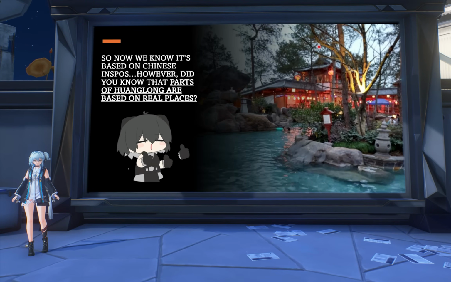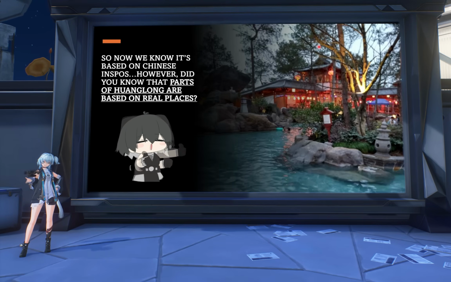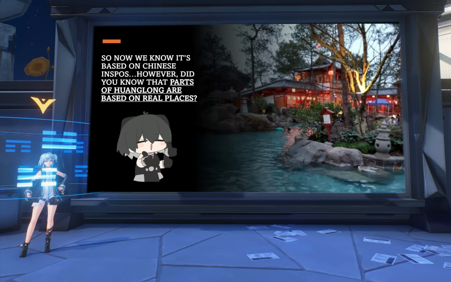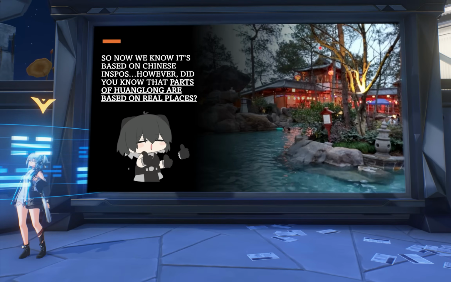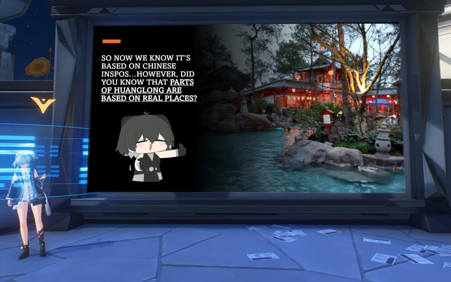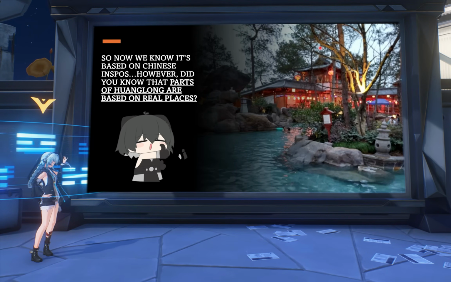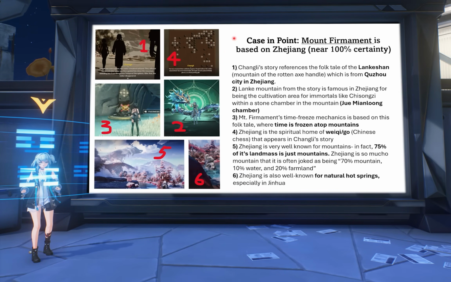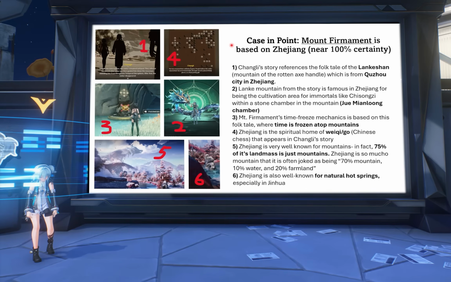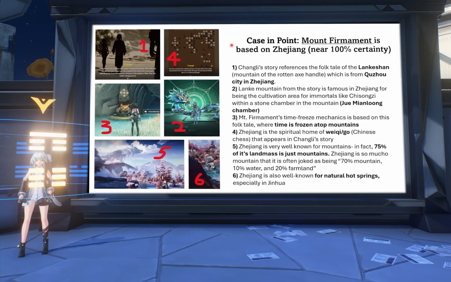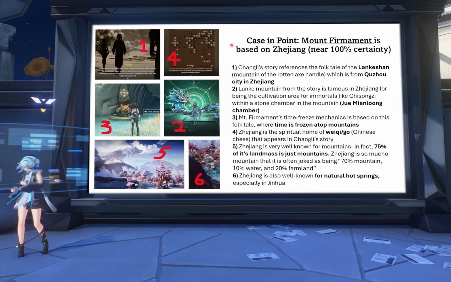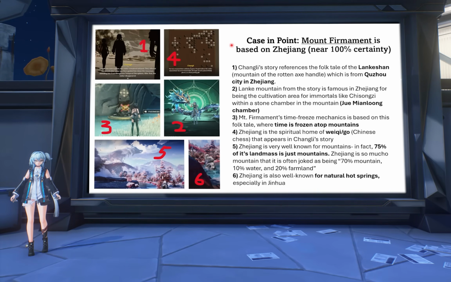but one thing a lot of people don't really understand or know about is that a lot of the regions of Huanglong are also based on real places in China. And the reason why I can make this conclusion in the first place is because we have a place, specifically Mount Firmament, which is basically 100% confirmed to be based on a real Chinese place, which is Zhejiang, right? And there's a lot of evidence for this. I think if you are Chinese, it's a little more obvious, but I'll explain it in detail,